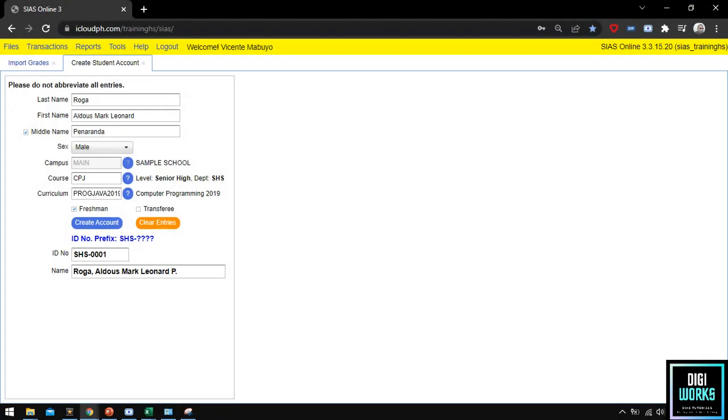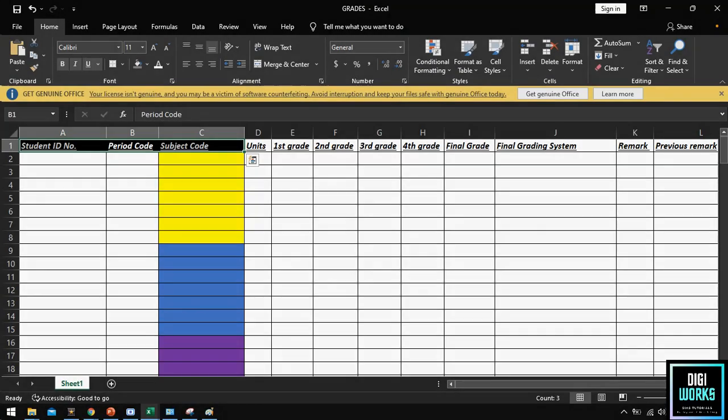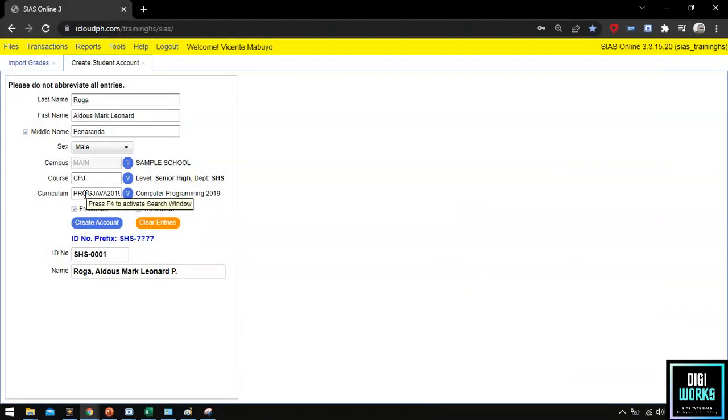Now that we have successfully created a student account, we will need to get the student ID that was generated and the curriculum code that we entered a while ago. Here is the ID and here is the code. Now at our Excel file, we will first input the created student ID. Then for the curriculum code, we will use the code to view the subjects within the curriculum that we have